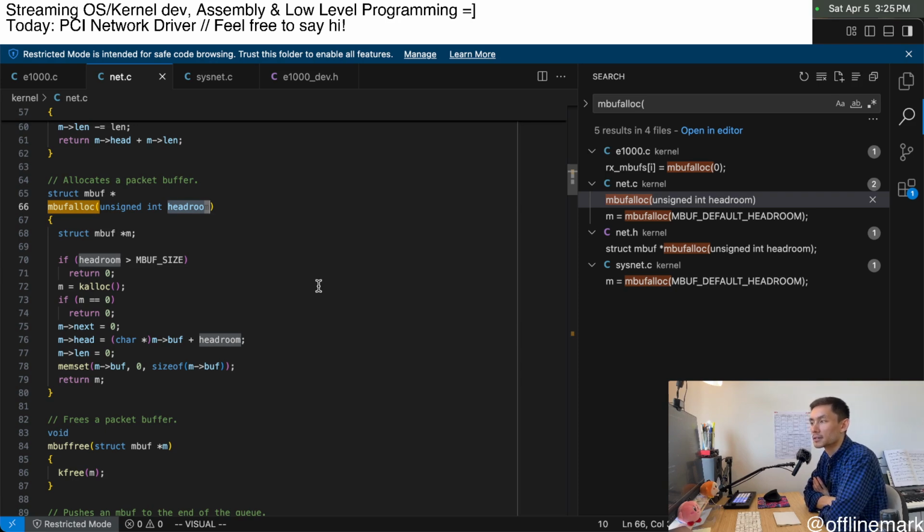And so this is interesting. They allocate something, and it is sort of this linked list kind of thing. Wait, next. Okay, I'm not sure what this next thing is, but